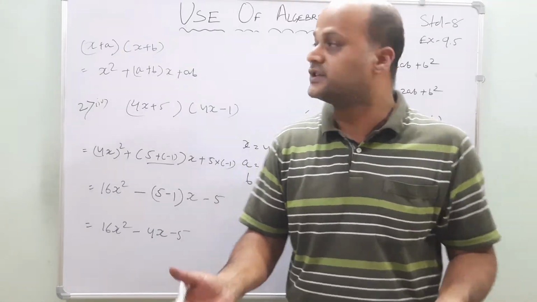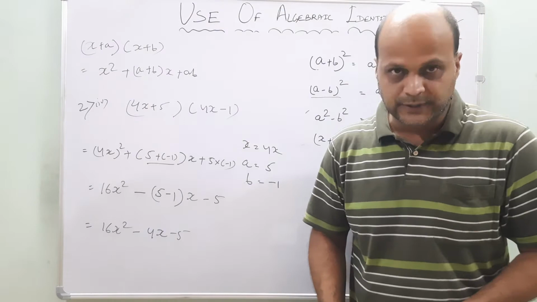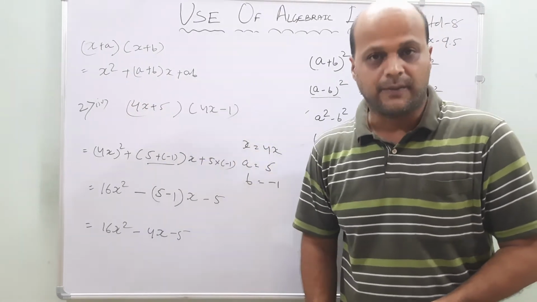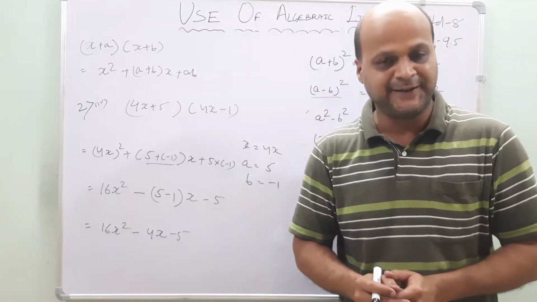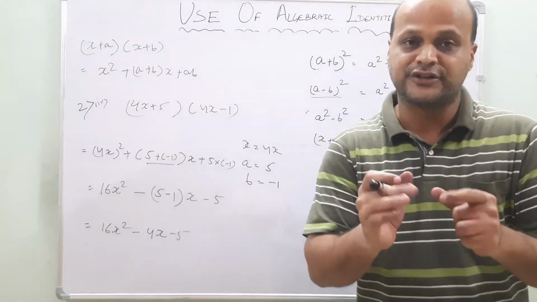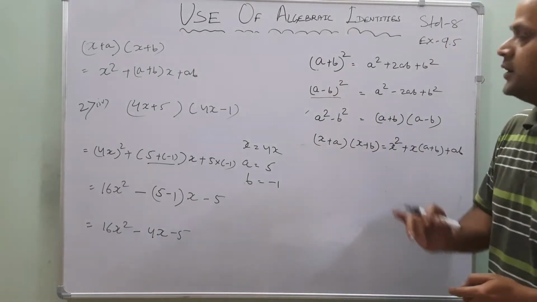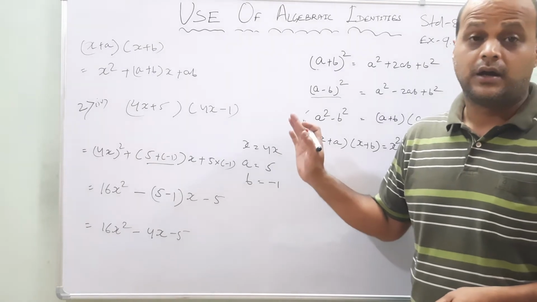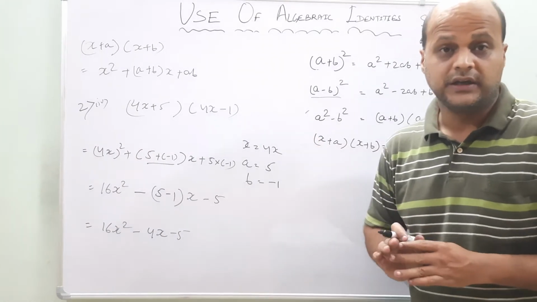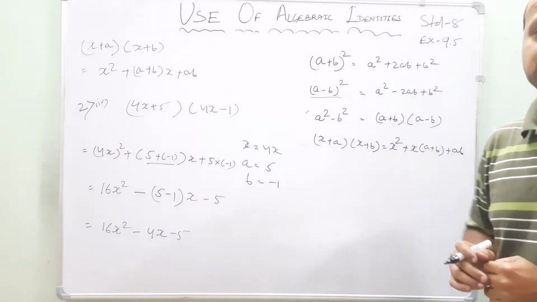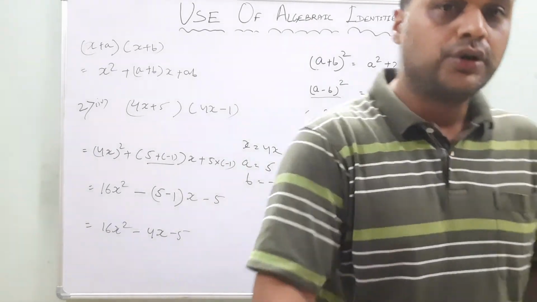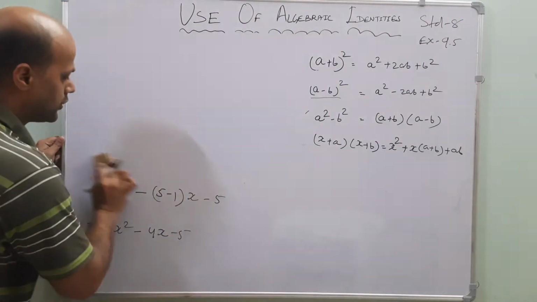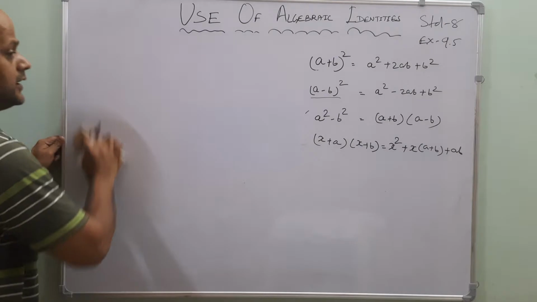Okay, my dear friends, by using the identity (x + a) into (x + b), that is what? x square plus (a + b) into x plus ab. This is the answer. Okay. And by using the suitable identity, you can solve the answer. Like this manner, the four identities we are using and getting the answer in a correct manner. Okay, you use this process in a correct manner, you get the answer. Let's do only one from your exercise, because the rest of the questions you can do on your own.